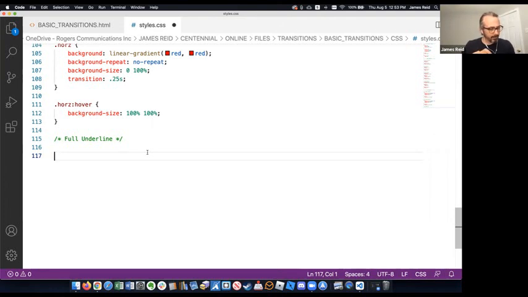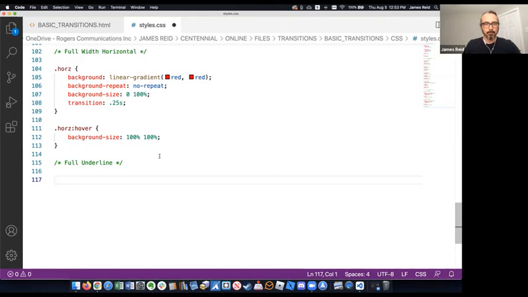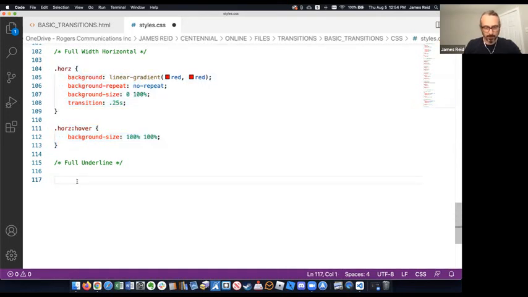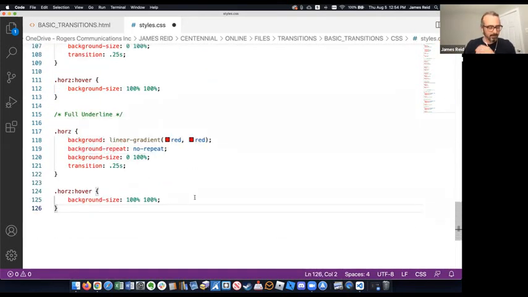So what are we to do this? It can actually be almost exactly the same as what we've done before. I just don't want it to fill the whole text block. I want it just to be a stripe that runs underneath, but I still want it to go horizontally. So I'm going to borrow this code again from the horizontal transformation that we just did, because it's going to be very similar. I'm just going to add